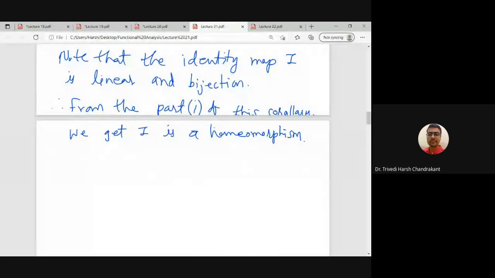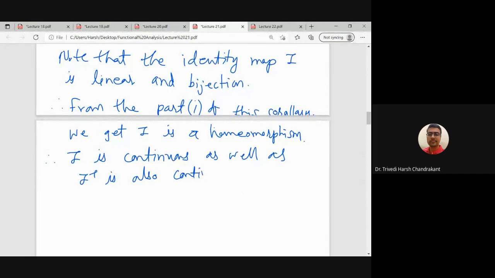So therefore, I is continuous as well as I inverse is also continuous. So since both of these functions are continuous, therefore there exist two positive numbers, alpha greater than 0 and beta greater than 0, such that,